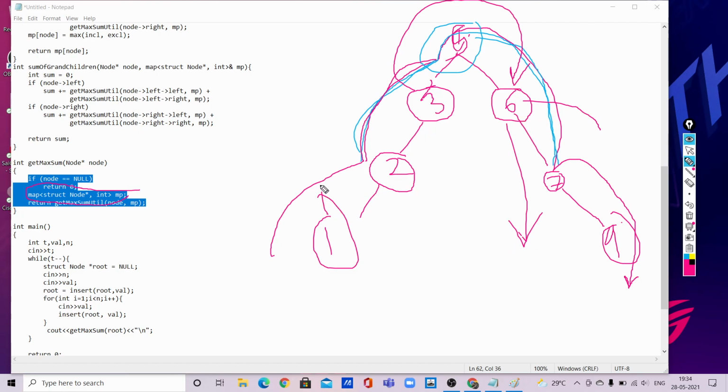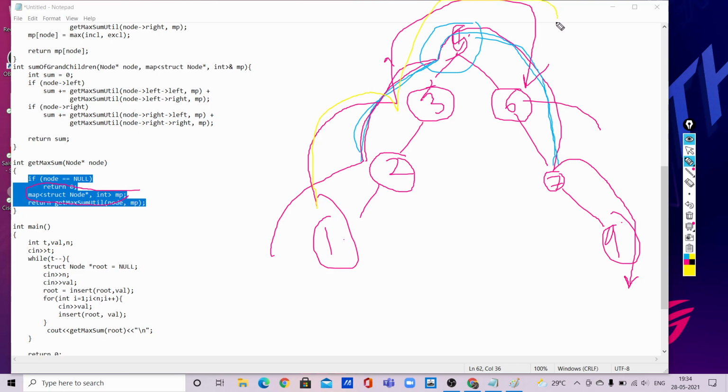And for calculating 1 also, we may arrive at the same position. For calculating 1, we have to go for 3 and go for the subchildren of 6 as well. For calculating 3 also, we are going to 6. For calculation of 1 also, we are going to the same location of 6. So calculating again and again may lead to more time complexity. So better we create a map, like in dynamic programming where we memorize the values and reuse them whenever necessary.